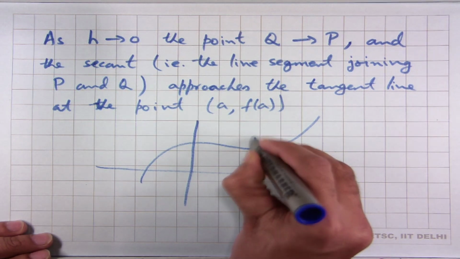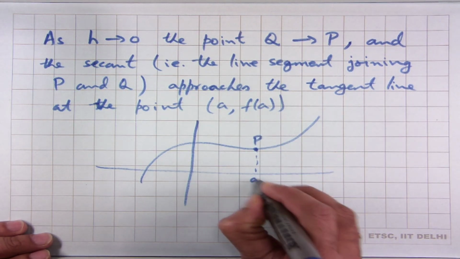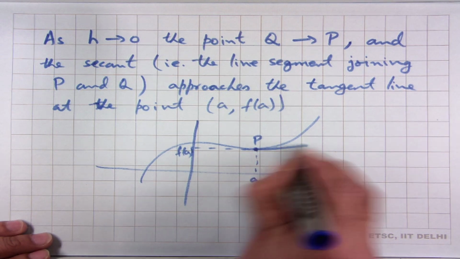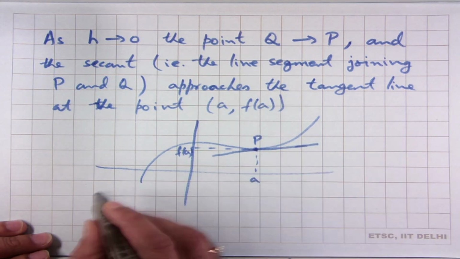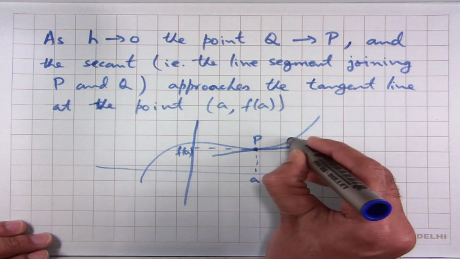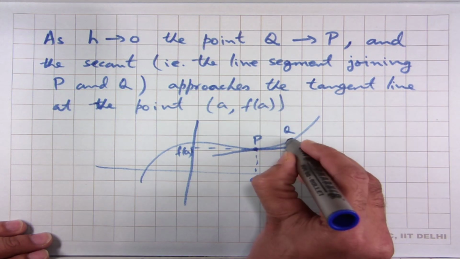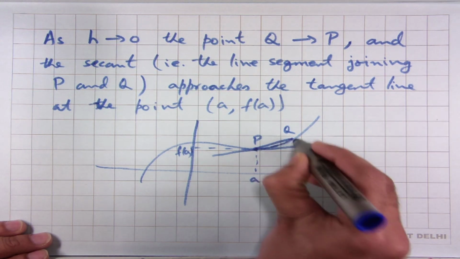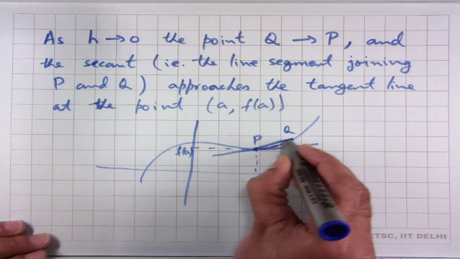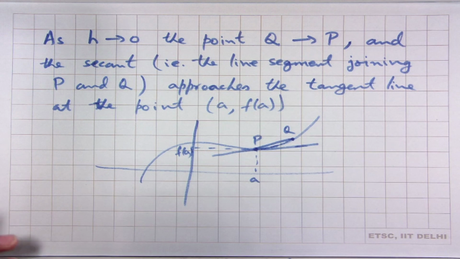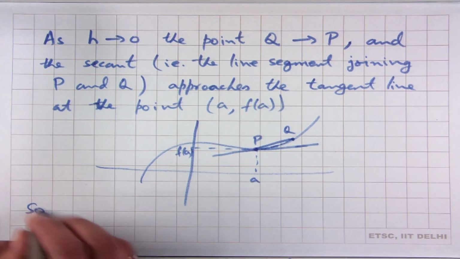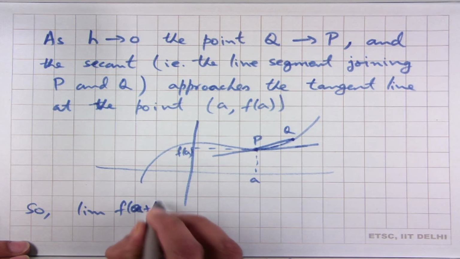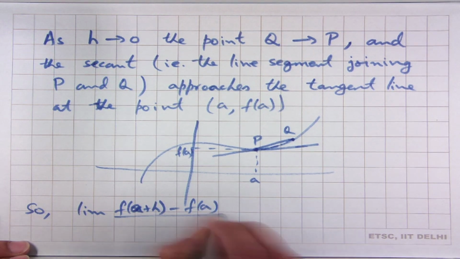We have this point P here, and there is this tangent line. So, as this Q moves and approaches this point P, the secant line approaches this tangent line, and the slope of the secant line approaches the slope of the tangent line. So, the limit of f of a plus h minus f of a divided by h,